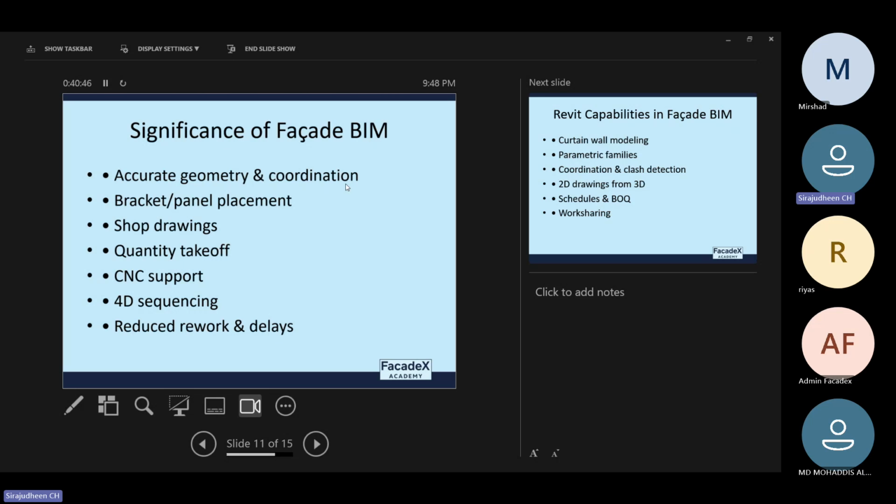And next, another advantage of BIM is the 4D sequencing. So 4D sequencing means